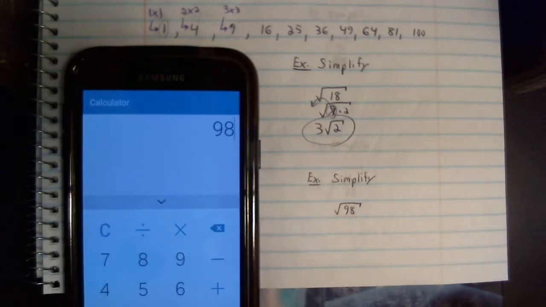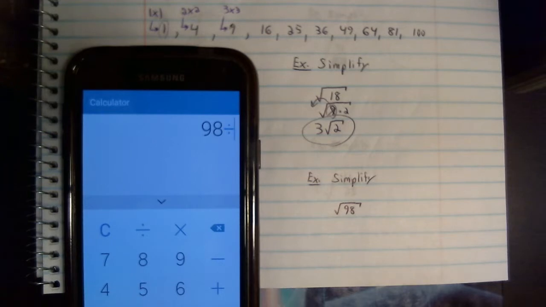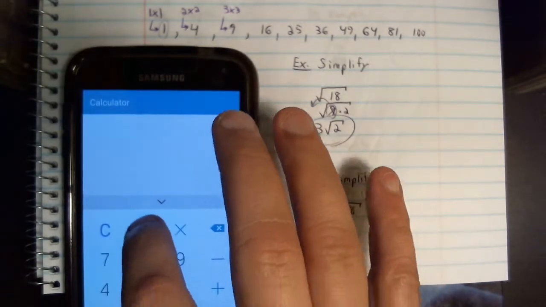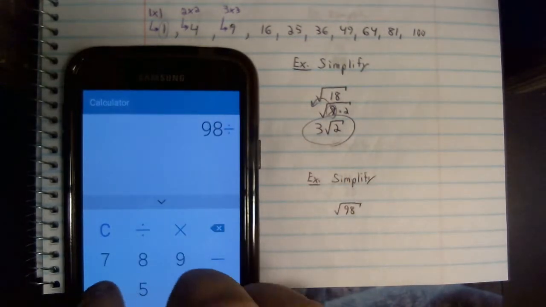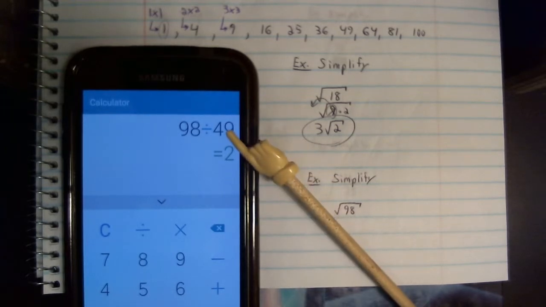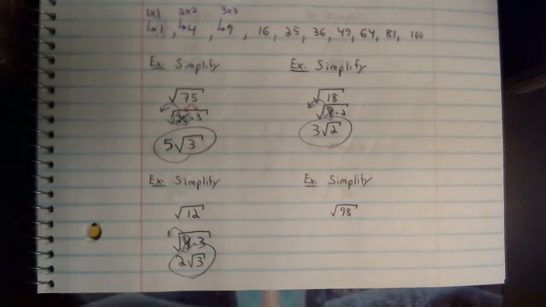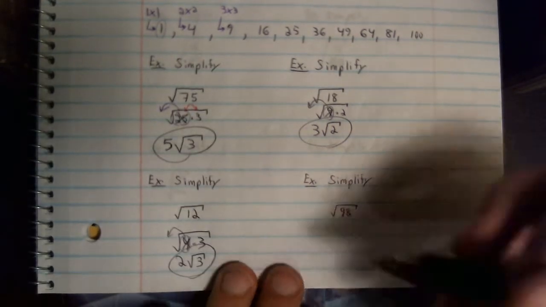I'm going to try 98 divided by, well, let's see, 25 definitely won't work. Let's try 36. No good here either. So let's try the next one. 98 divided by, let's try 49. Here we go. 49 is my perfect square. I got a result of 2, which is a whole number. So the numbers I'm going to use